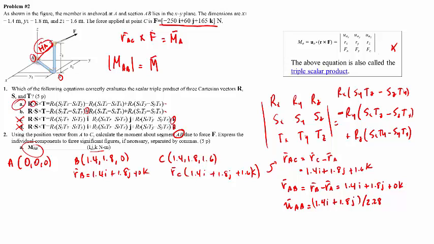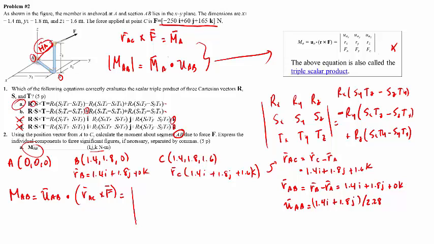This is the vector MA dot UAB. But I'll do it in one step with a triple scalar product. So the magnitude AB is going to be UAB dot R, and this is RAC cross F, and these are vectors as well. So this would be